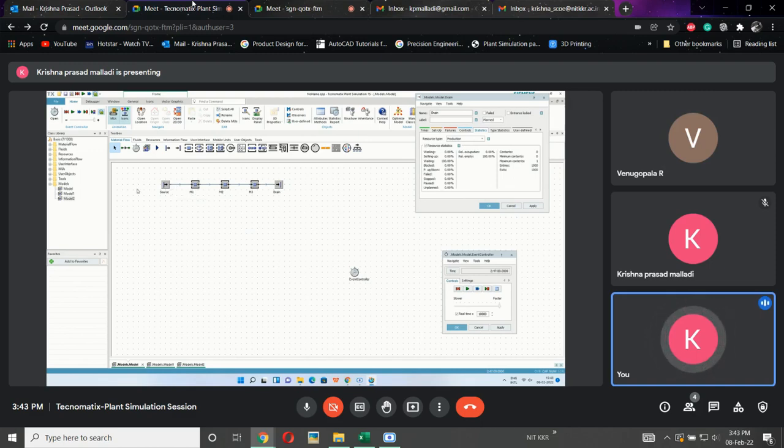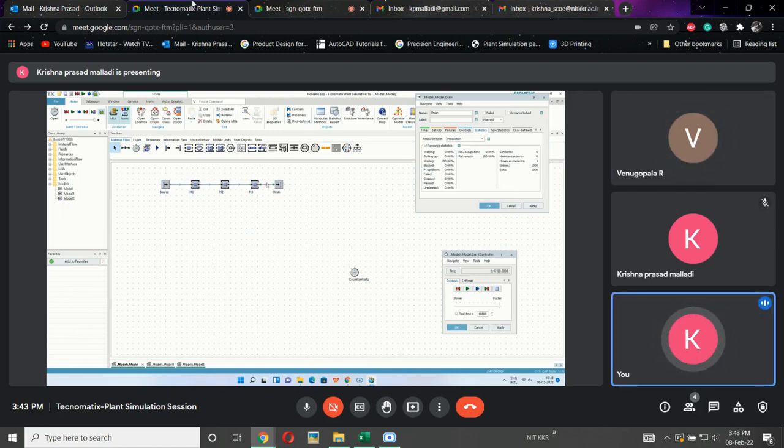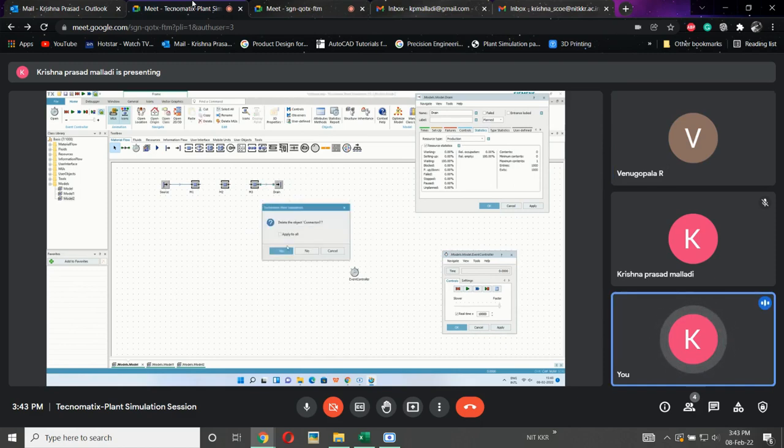This is the first session. That is why I haven't mentioned anything; I am using just a connector, which is a representation. Whenever a part is done, it automatically enters the next station. I will show you in real. By using a conveyor kind of thing, we can reduce it, not only in 3D, in 2D also. But this is the first session, that is why I am not involving those things.